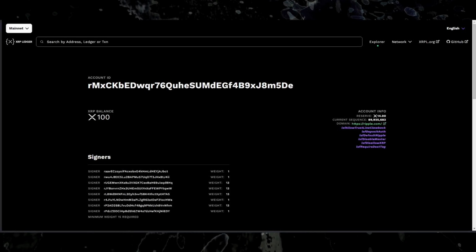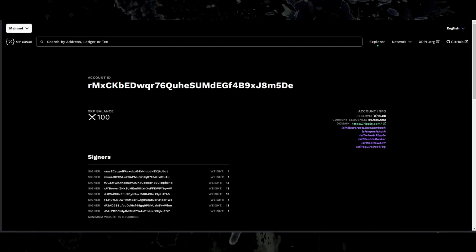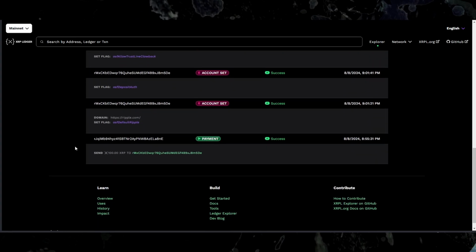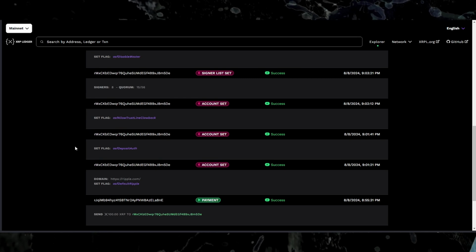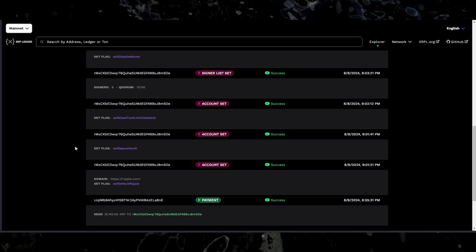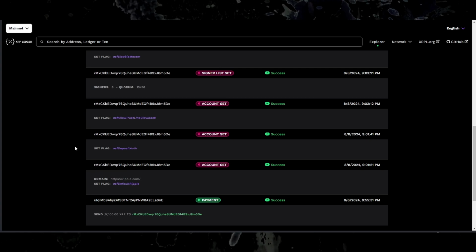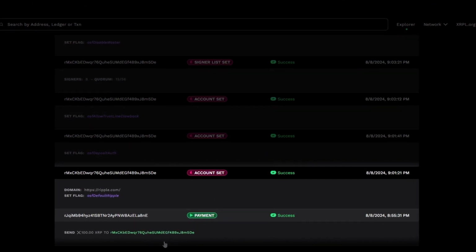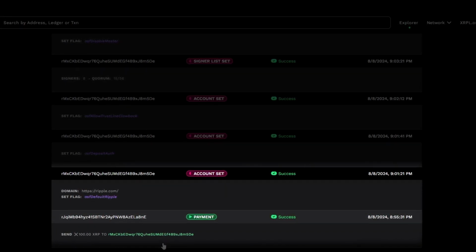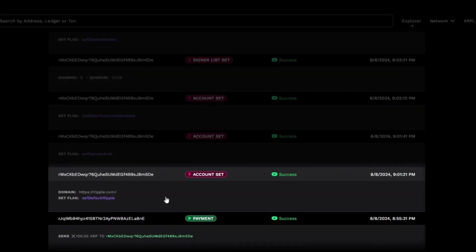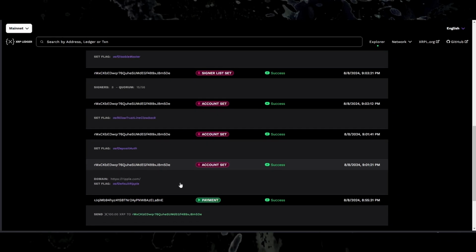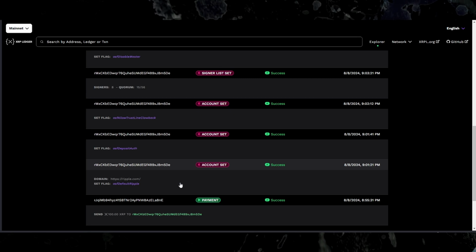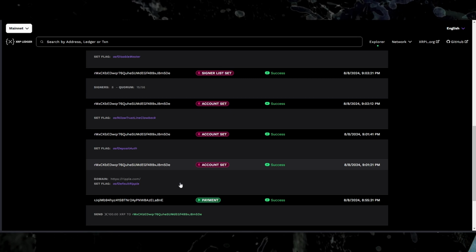When we open up the issuing account on the XRPL Explorer, the first thing you will notice is that not much has happened yet. Just a few transactions to set some settings and 100 XRP sent to the account to activate it. The first one is a normal payment transaction to pre-fund the account, and the second one is a so-called account set transaction. Those are used to configure the account to allow or disallow certain behavior with flags. Think of these flags like options you can flip on and off.